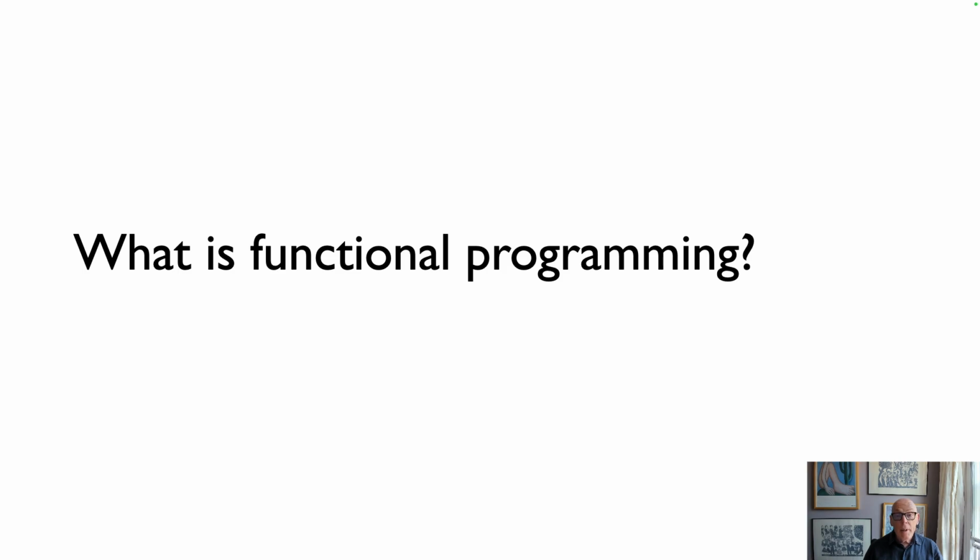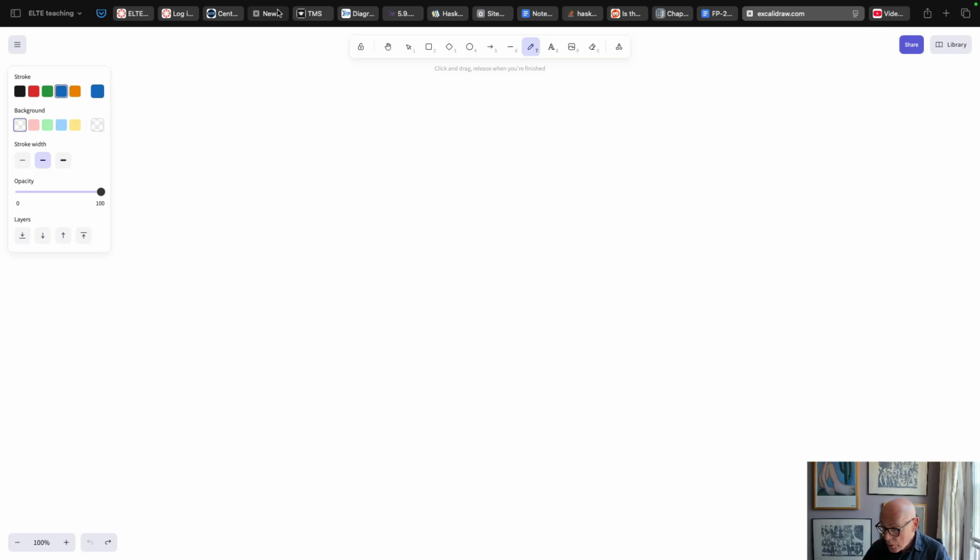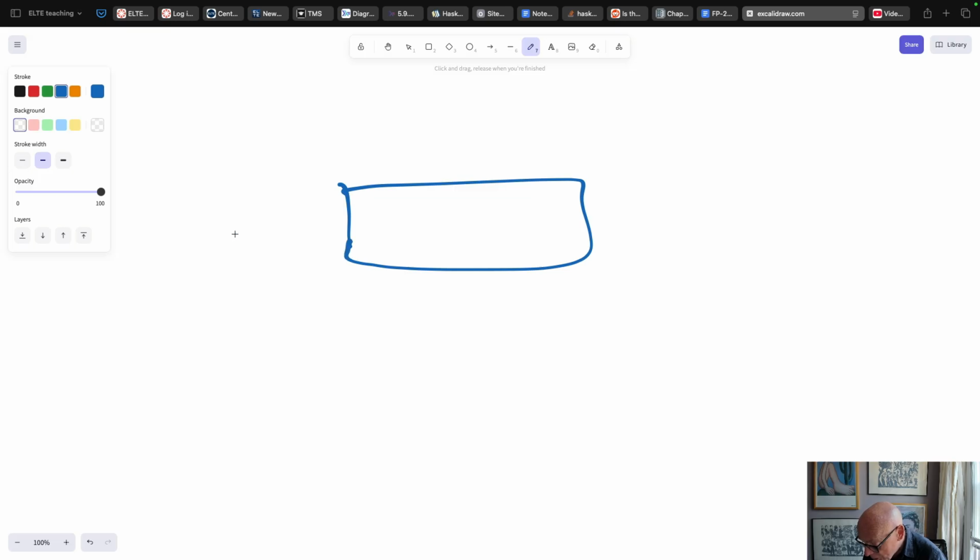What is functional programming all about? In order to find that out, what we have to do first of all is work out what a function is. So, what is a function? One way of looking at a function is to see it as a black box which takes an input and gives an output. So for example, a function that doubles a number